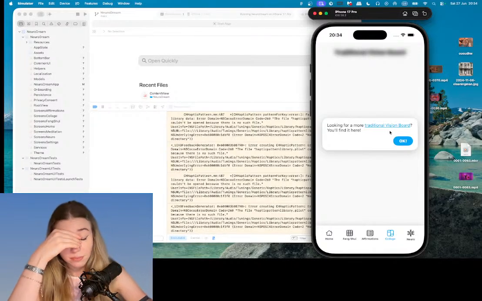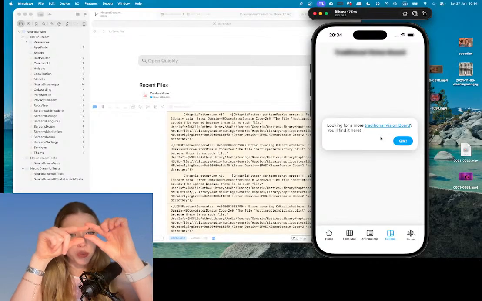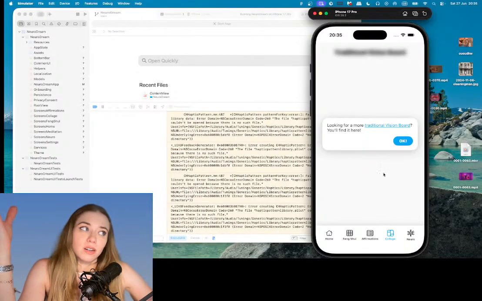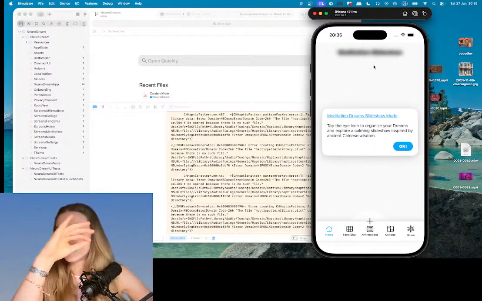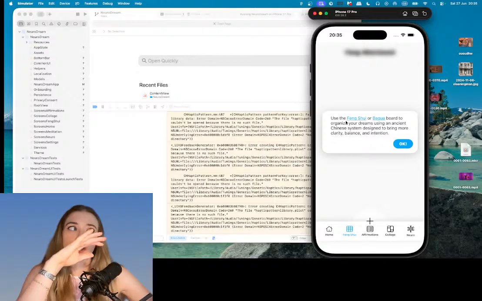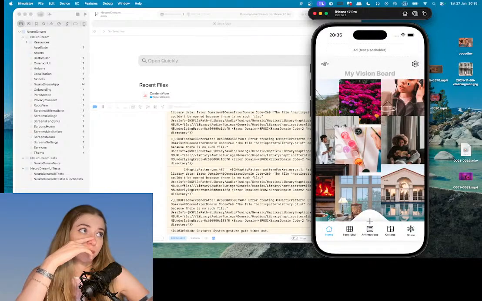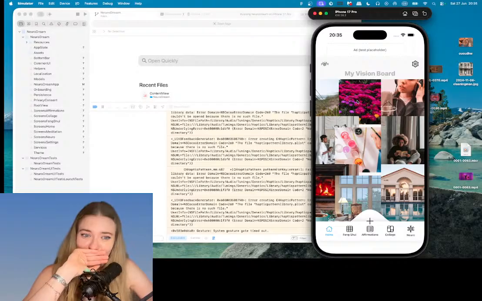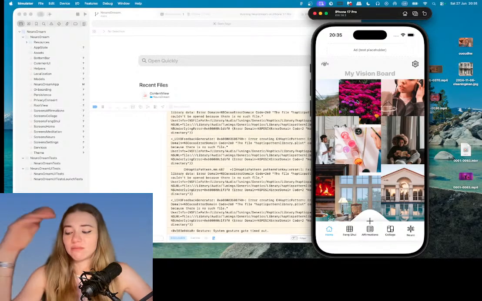So now, this tutorial that AI did is totally wrong, because it should point you exactly to the play. Like this traditional vision board should show this collage. We're gonna polish it all now. So meditation, dream slideshow mode, it should be in here. Wrong. Use feng shui or bagua. Wrong. Like all this tutorial is wrong. Okay. This is terrible. This is the vision board, oh my god. Guys,